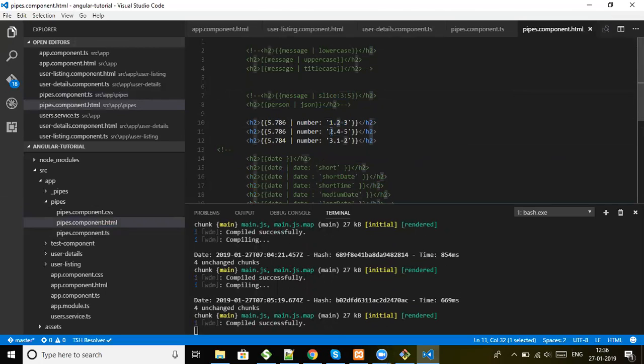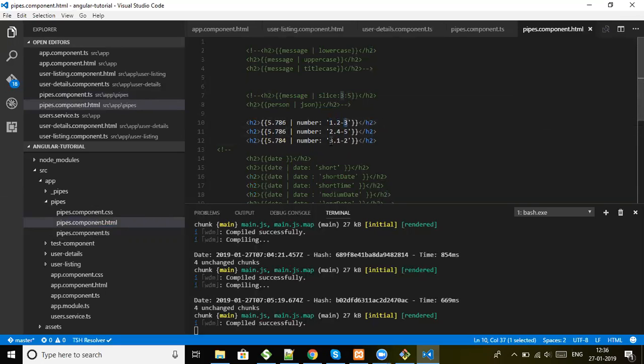Second one, how many digits in the integer you want to take. So basically, you want to take two integers. But basically it will come something like 0, 5, and then 4 to 5 digits you want to take in the decimal places. So 4 is the minimum, 5 is the maximum, 2 is the minimum, 3 is the maximum,